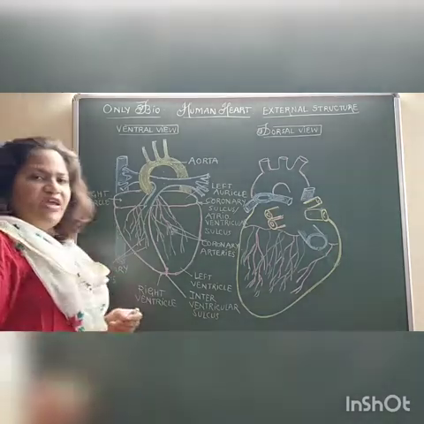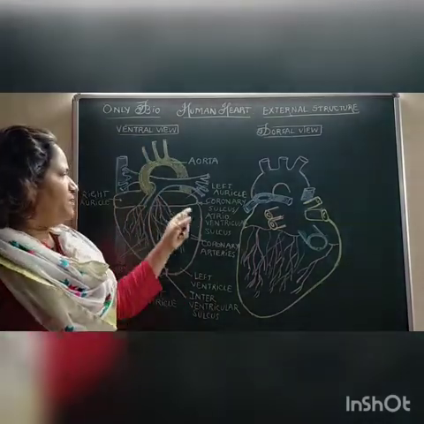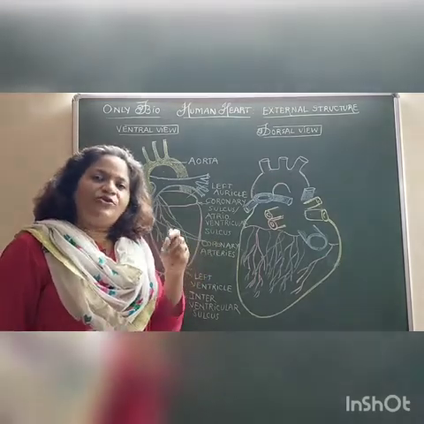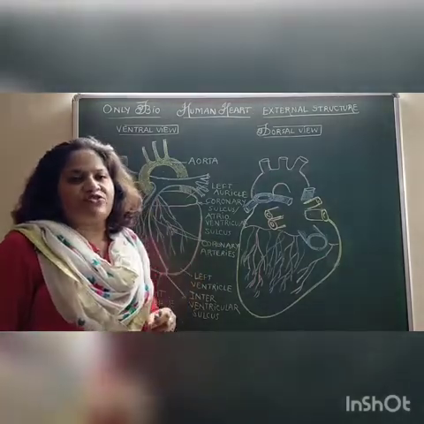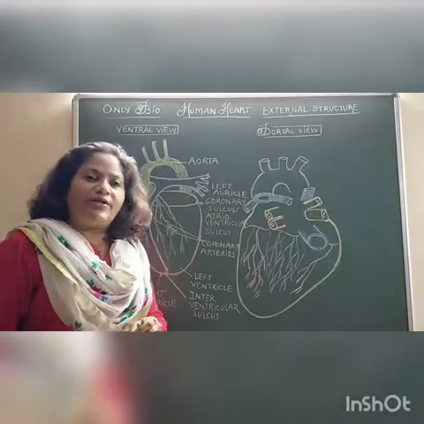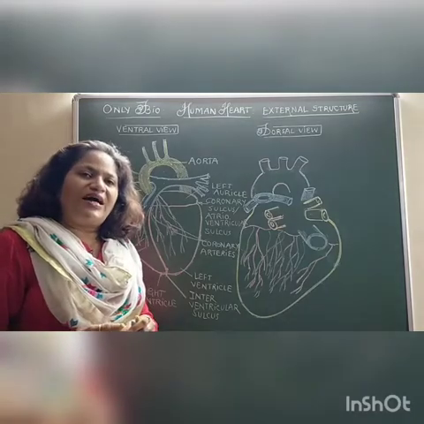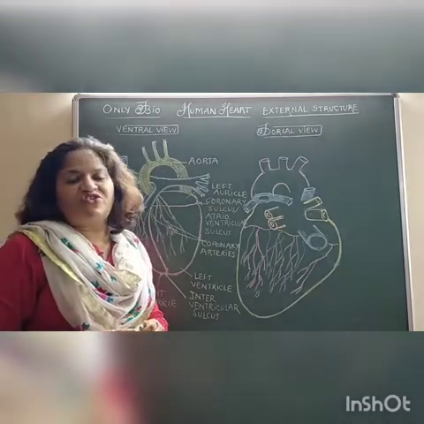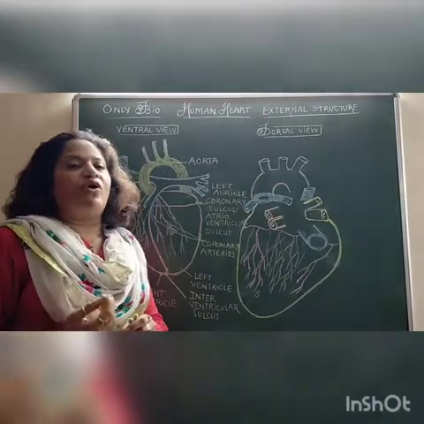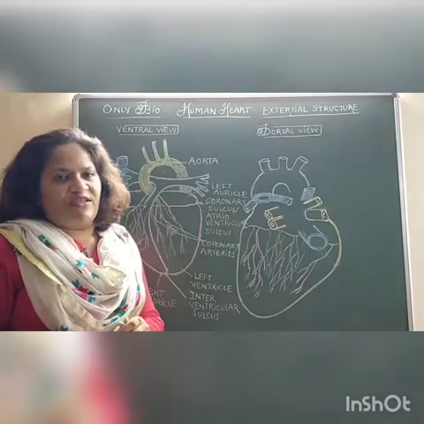The coronary veins pick up the impure blood from all the muscles of the heart. All the coronary veins open together into a small structure called the coronary sinus that opens into the right auricle. The aperture, that is the coronary sinus, is guarded by means of a Thebesian valve. The Thebesian valve prevents the backflow of the blood from the right auricle into the coronary veins.